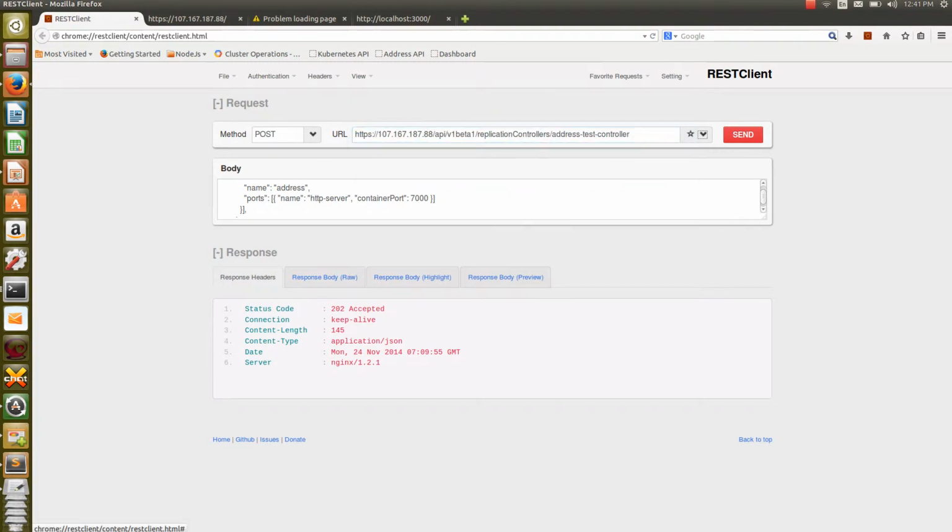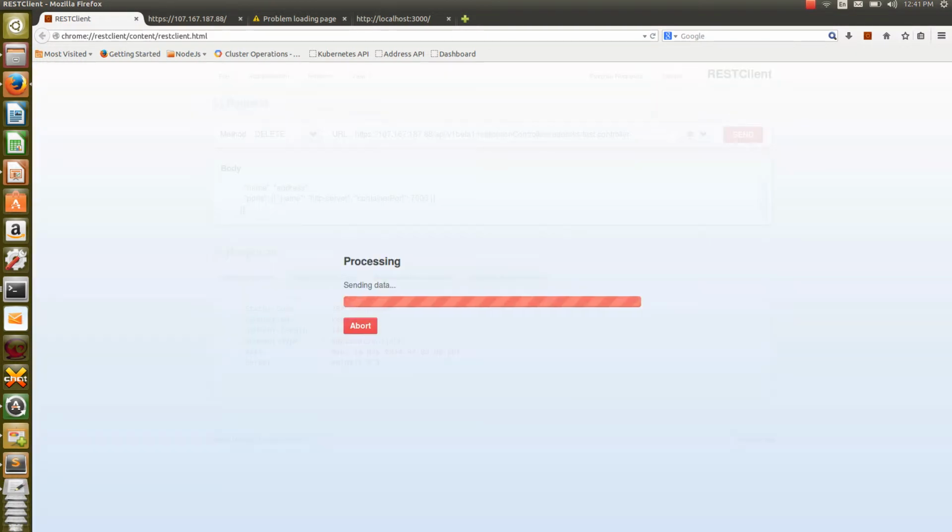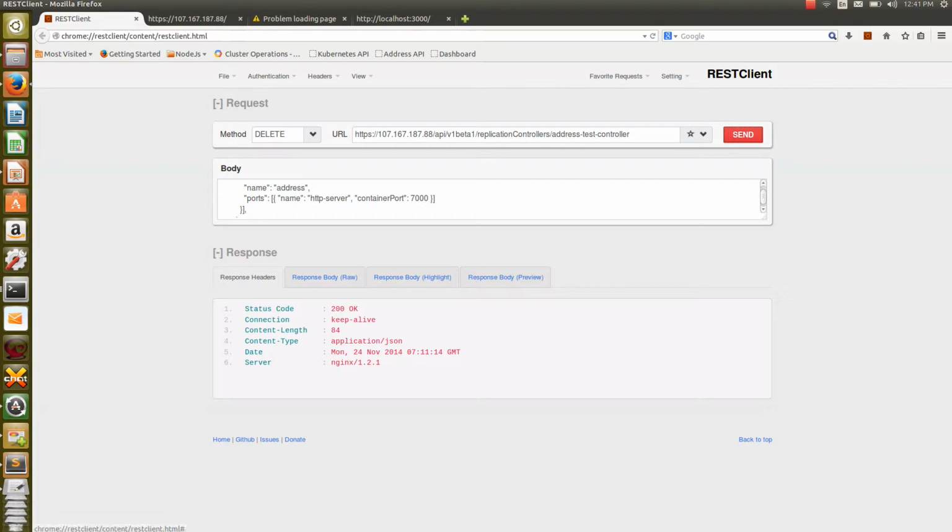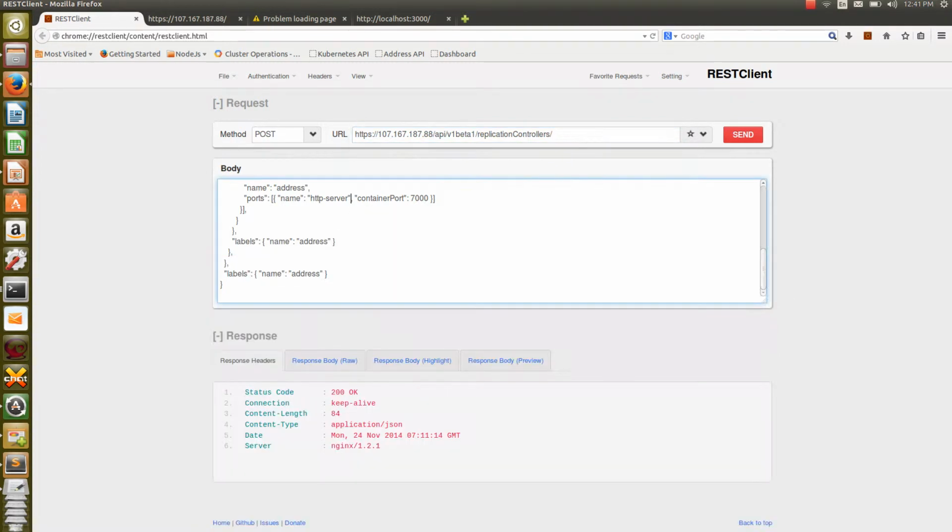Replication controller, I am going to delete this first replication controller, then I can post it again. So now I delete it, now I will post it again, which is saying that, hey, please deploy 10 containers for me, 10 servers. That means replicas is equal to 10. So I am going to ask 16 replicas, because 16 is very easy to remember. So 16 replicas I want to deploy. Okay, click send.